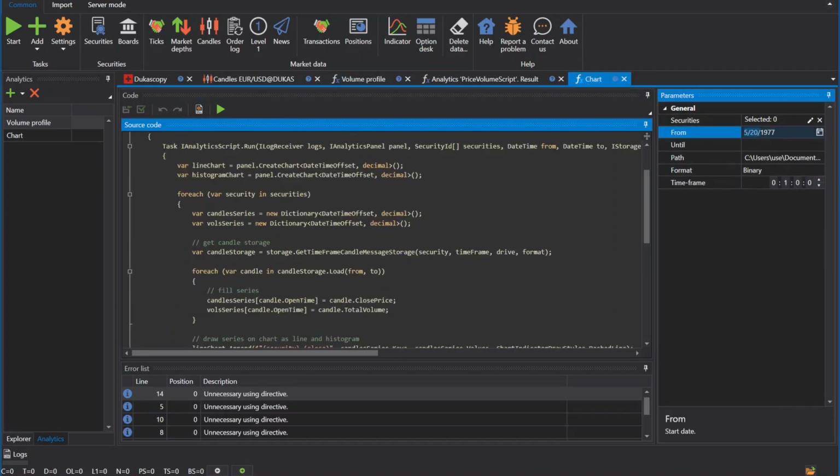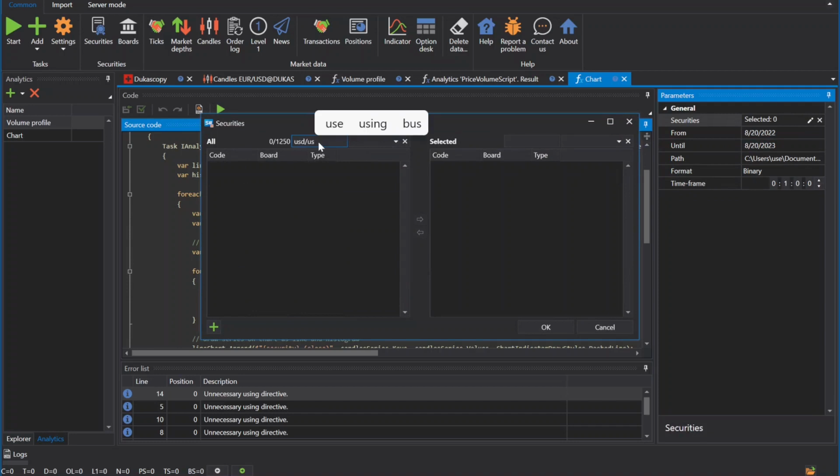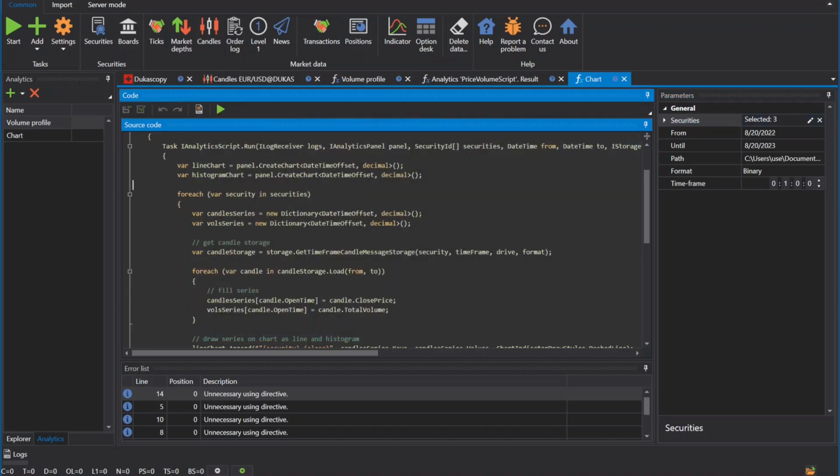But before we proceed, let's copy all of our settings from the previous session. Why, you may ask? To maintain consistency. Now, let's work with several instruments, those that we downloaded from Dukascopy earlier, and see what it looks like in